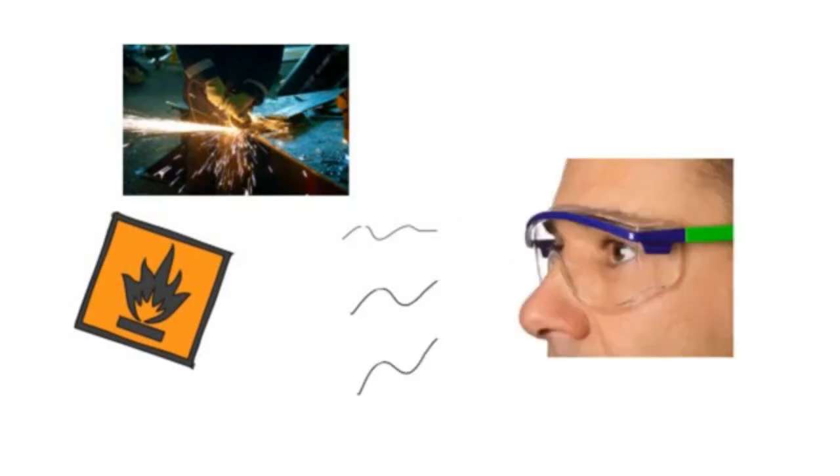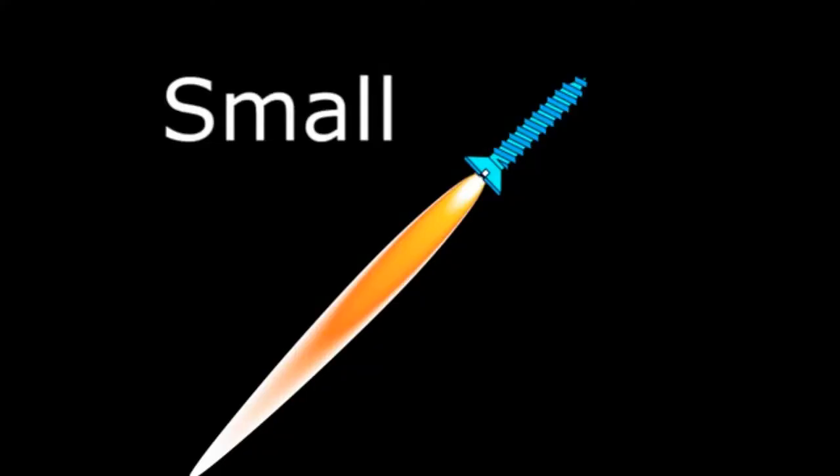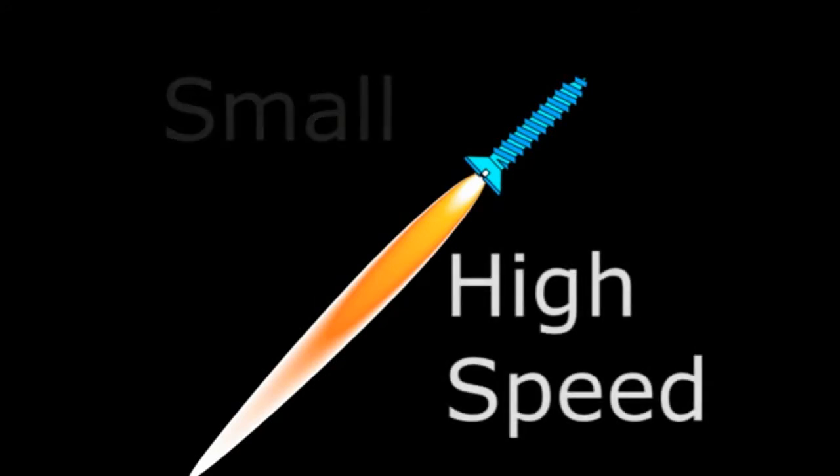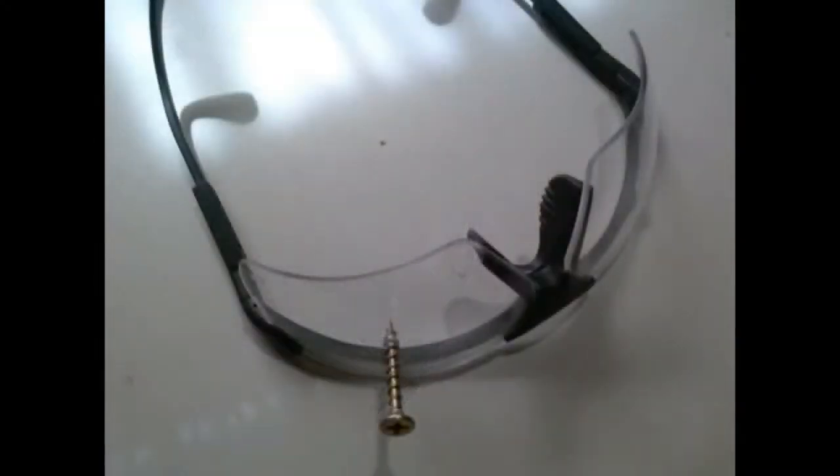Almost 70% of eye injuries result from flying or falling objects or sparks striking the eye. Of the objects that caused the worst eye injuries, more than 60% of them were smaller than a pinhead. Most of these damaging little missiles were traveling at high speed when they injured the eyes. Chemicals in the eye account for almost 20% of eye injuries. Good safety eyewear is inexpensive, lightweight, easy to keep clean, and scratch resistant.